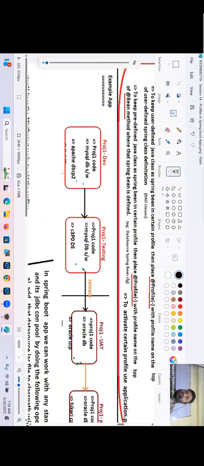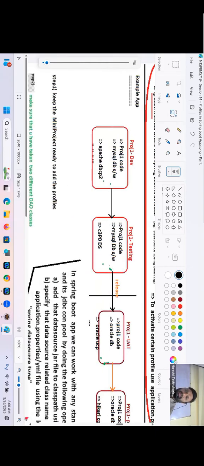Except the database server, because I have only a standalone project, no web application. That's why I removed the server part. In dev profile, I want to use MySQL and Apache DBCP2. In test profile, MySQL and C3P0. In UAT profile, Oracle DB and Oracle UCP. Not fixed, guys. Anything you can choose. In prod profile, I want to use Oracle database and HikariCP, guys.